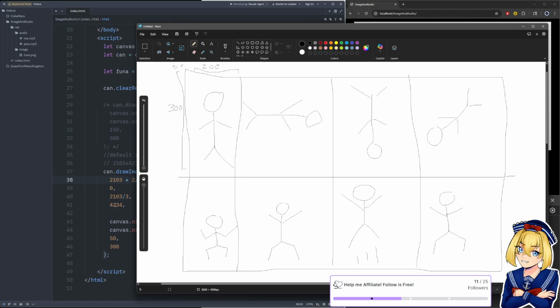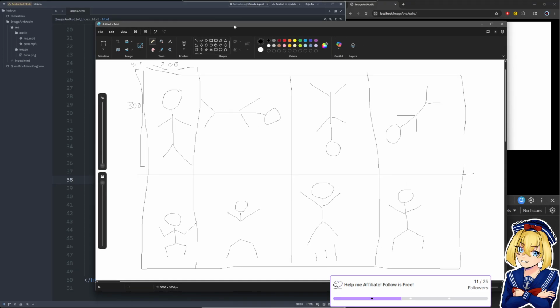Like these are the numbers that we're looking at in Paint right now. So if we want the second image, then we need to jump to 200, 0. I know this is probably hard for you guys to see because it's pretty small, but I don't really know how to adjust things in Paint.